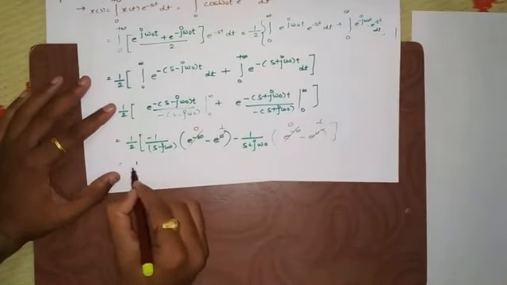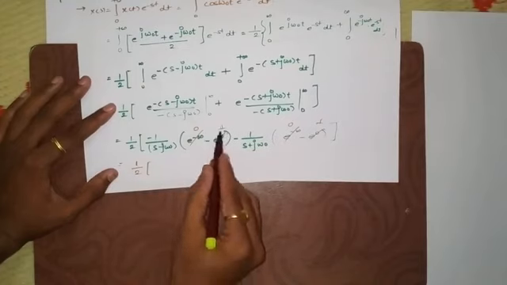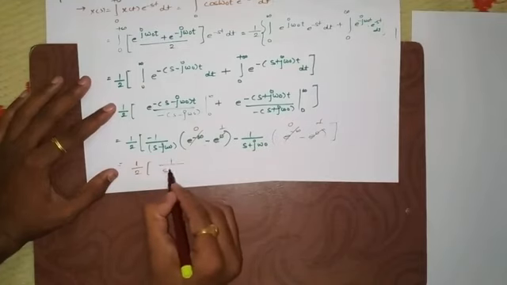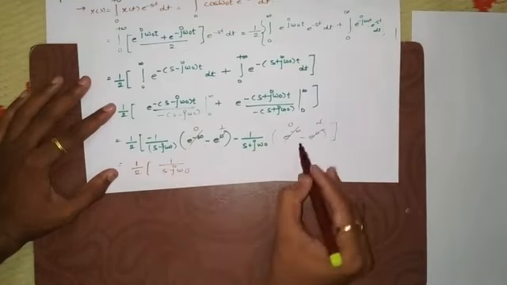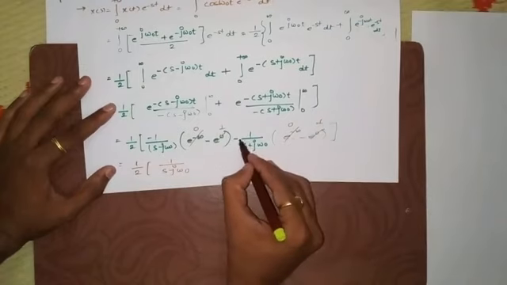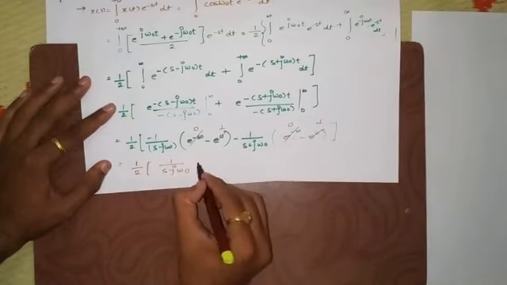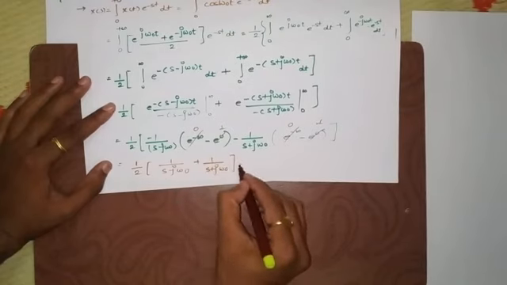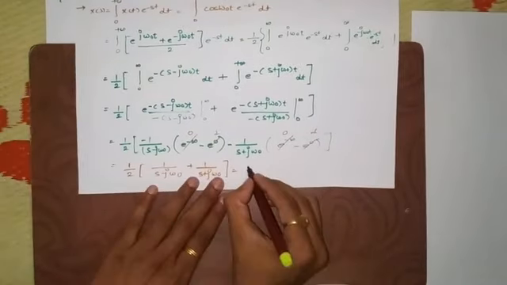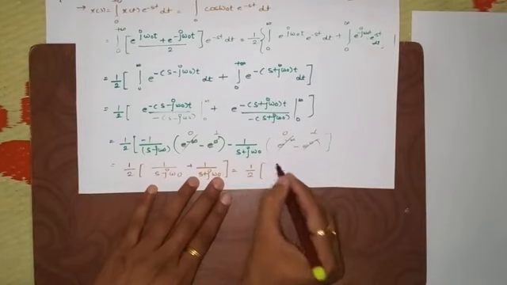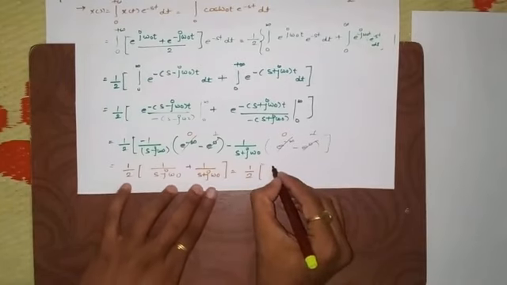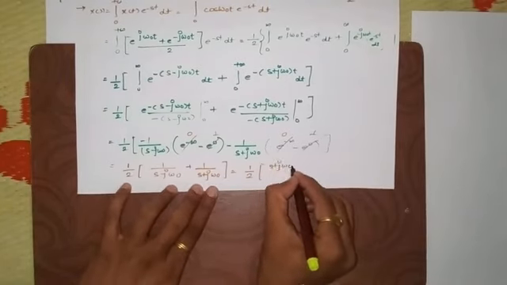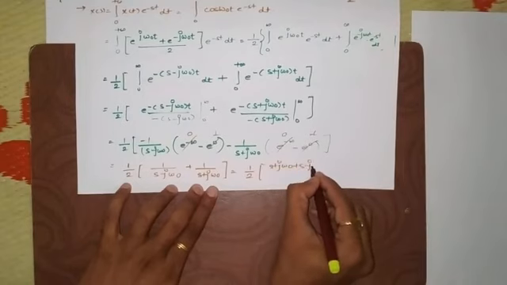Finally we'll write 1 by 2 as it is. This minus minus becomes plus 1 upon s minus j omega naught. Now this is again a minus sign and this is again a minus sign, so this becomes plus 1 by s plus j omega naught. Now it remains with just a cross multiplication. We'll get 1 by 2 into the cross multiplication: s plus j omega naught plus s minus j omega naught,